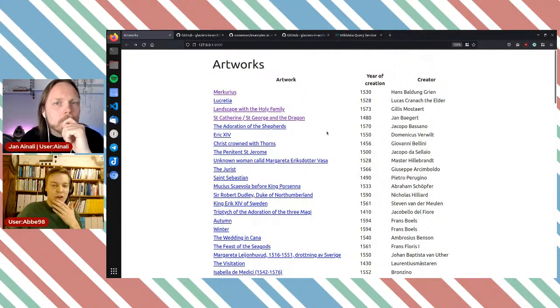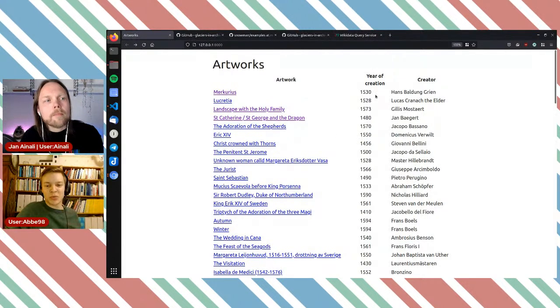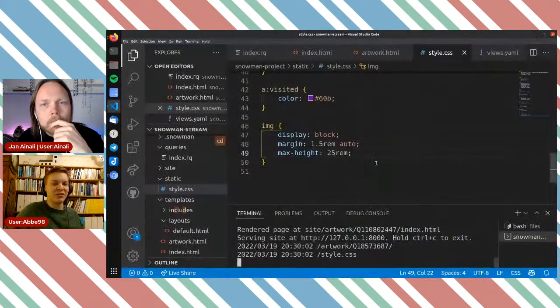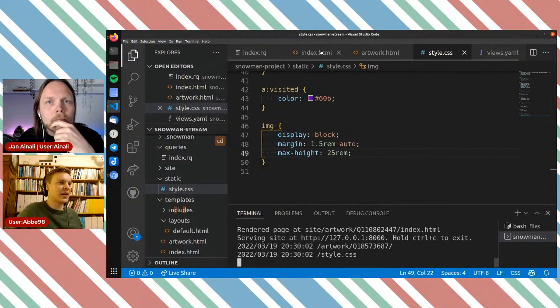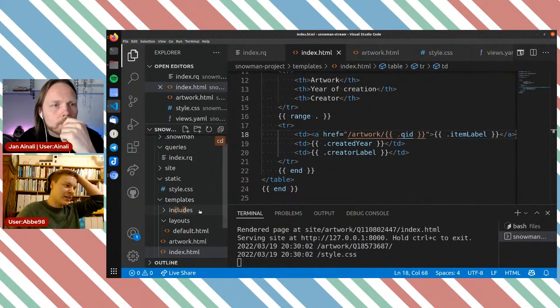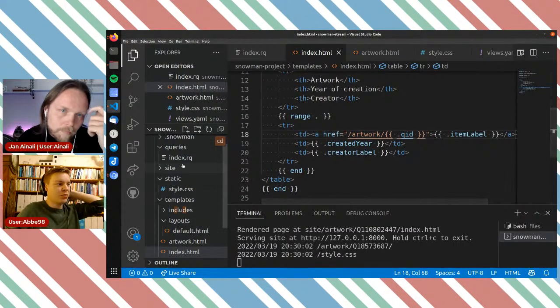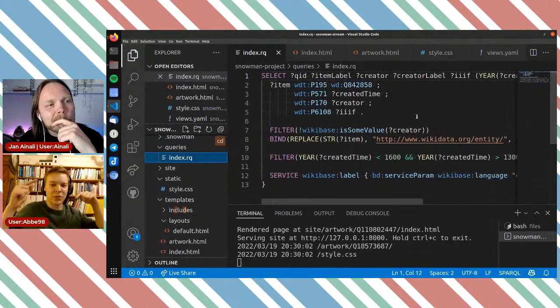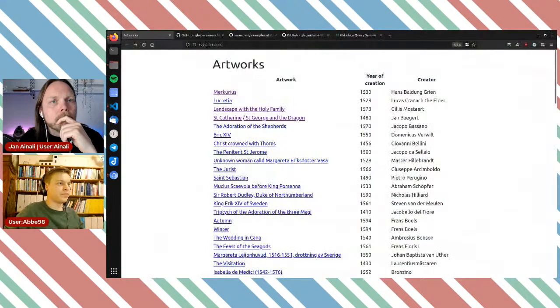However, we are still just using one query, and I'm thinking something that would be nice to have would be clickable years, so that we can go into each year and see the artwork for that specific year and continue to navigate everything. So let's add pages for years. And I actually want to start that by doing a query. So I could do a loop of the year in this query and build pages from that, but then it would be repeatedly the same year. So I'm going to start a new query from this one.